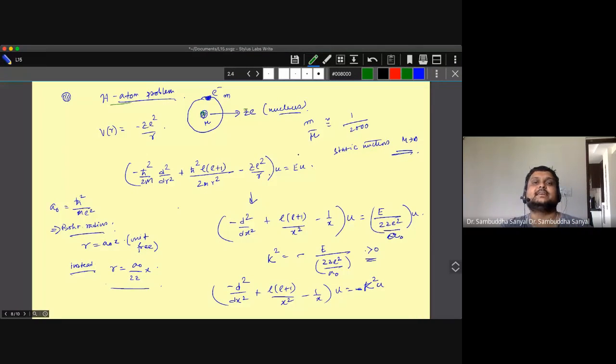So if that is the case, your potential will be of the form minus Ze square by r. For hydrogen atom, Z is equal to 1, and because there is a single electron and single proton in hydrogen atom, the ratio between these two masses is of the order of 1 by 2000. So that means you can safely assume that if you go to the center of mass